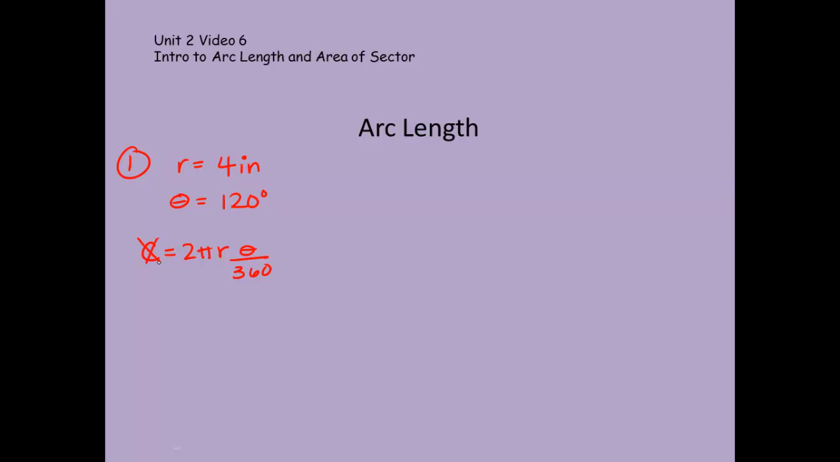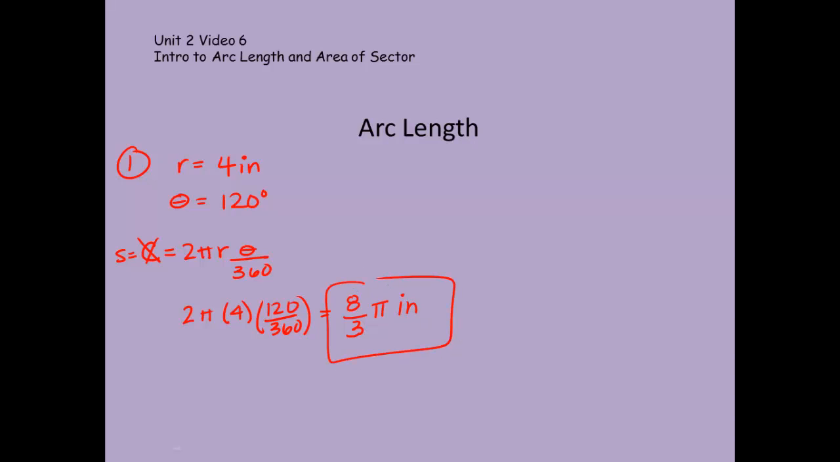We can no longer call that c because I don't want the whole thing, so we're going to call it s for arc length. So I have 2 times pi times 4 inches times 120 over 360. If I want an exact value, I'm going to have to multiply the 2 times 4 times 120 and divide it by 360. I'm not going to touch the pi key because that will give me some decimal approximation. So with an exact answer of 8/3 pi inches,